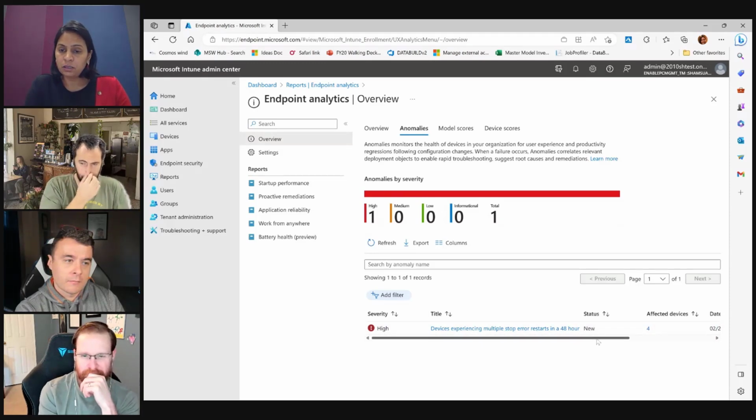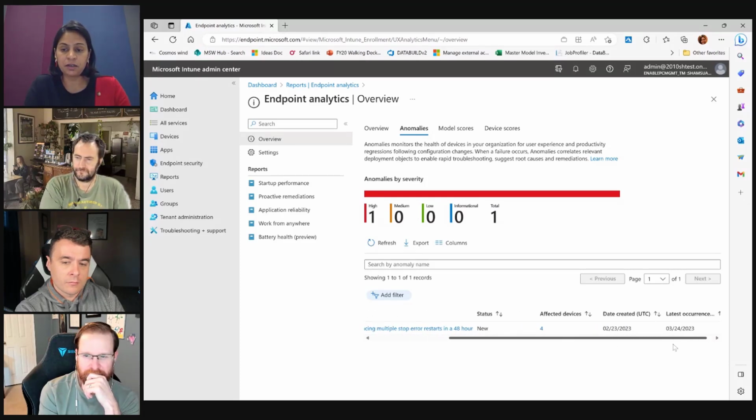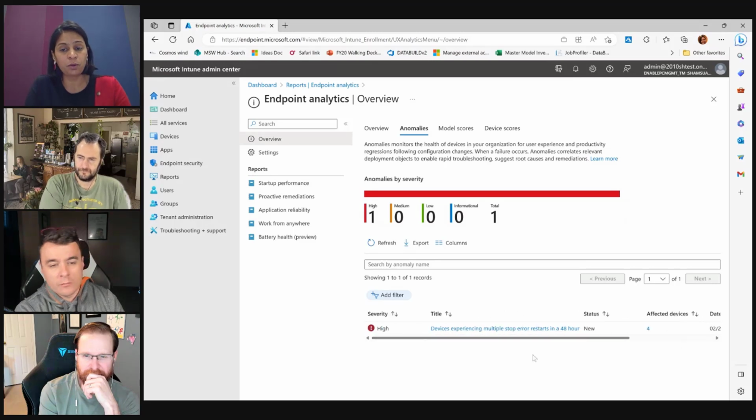newly detected one, and it also talks about the number of devices that's been affected and when the date was created and latest occurrence. Since it's a demo environment, don't pay much attention to some of the nuances, though I